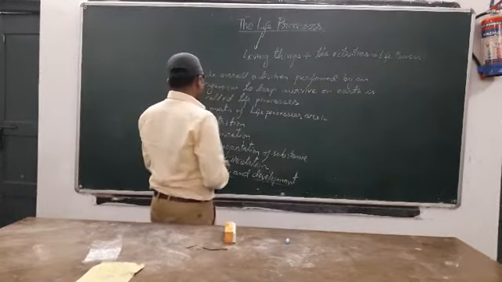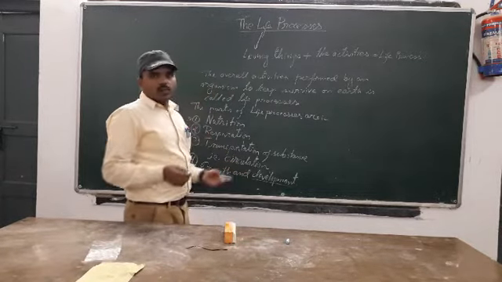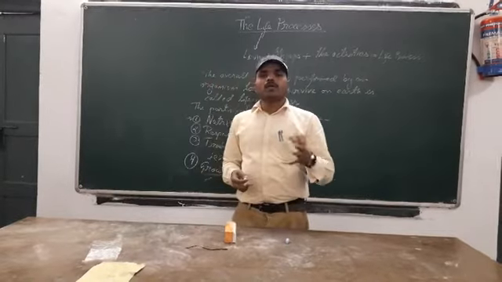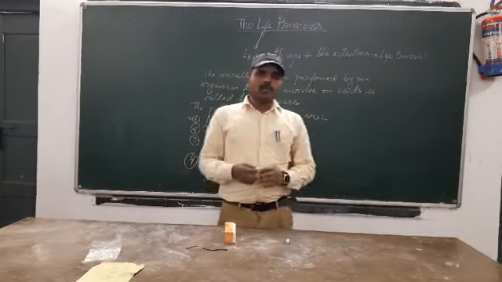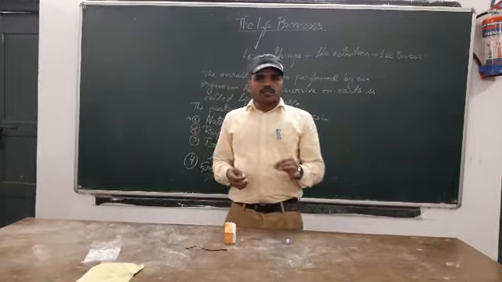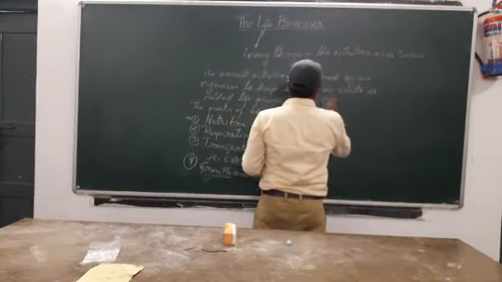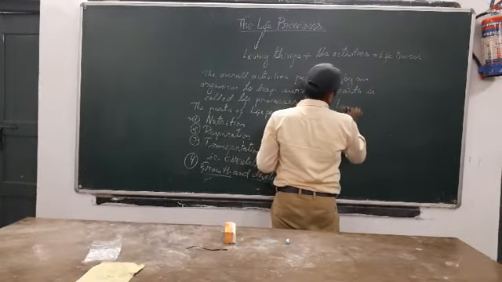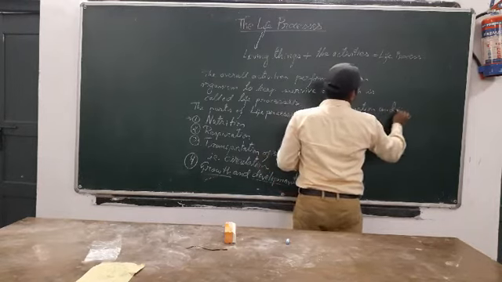After this, point number 4, growth and development, there may also be movement and locomotion. All organisms perform movement or locomotion. Some may not be performing the locomotion, but most of the organisms used to perform the movement. I mean movement is one of the characteristics of every living organism. We can say the fifth point is locomotion and movement.